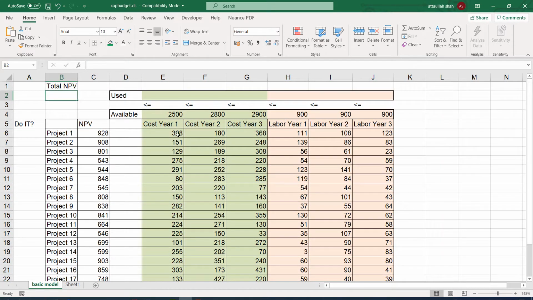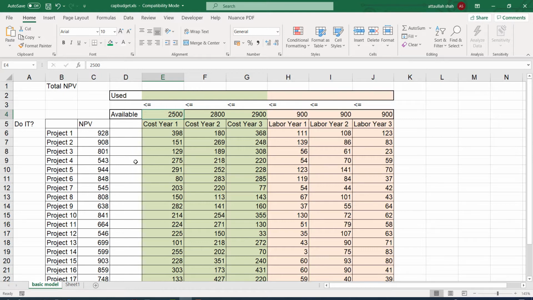But the problem is that our budget is given and we cannot go beyond this specific budget. Therefore, we have to select some projects and we have to leave out other projects. Okay, so the basic criteria, the first principle for selection of the projects is that we have to select those projects which maximize the NPV.